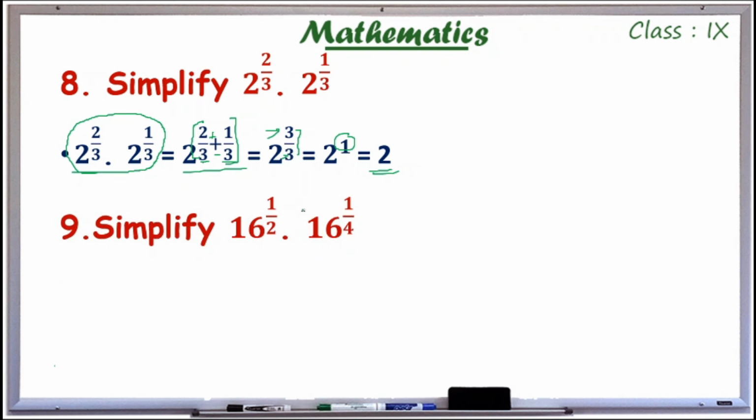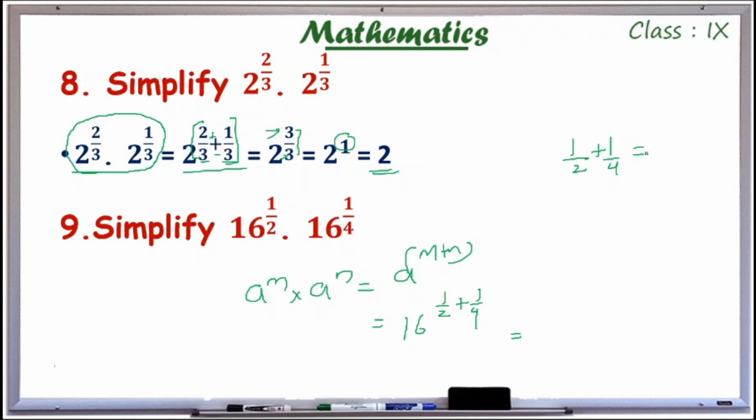And we have to simplify 16 raised to 1 by 2 into 16 raised to 1 by 4. It is also of the form a raised to m into a raised to n, which is equal to a raised to m plus n. So the answer is 16 raised to 1 by 2 plus 1 by 4. 1 by 2 plus 1 by 4 is equal to